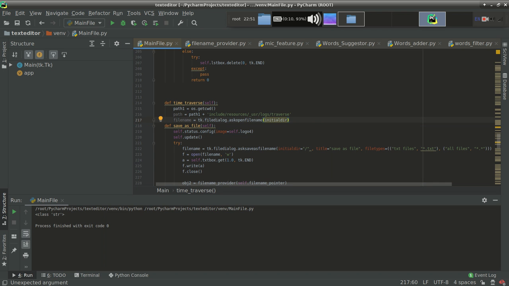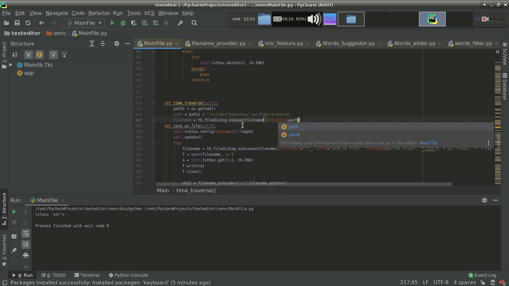So I will simply assign initialdir equal to path, so it will open over there. So that's it, path.